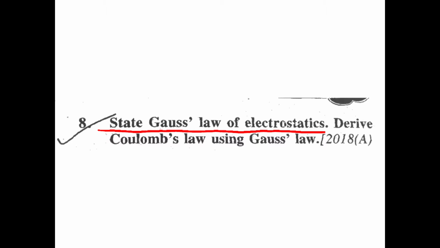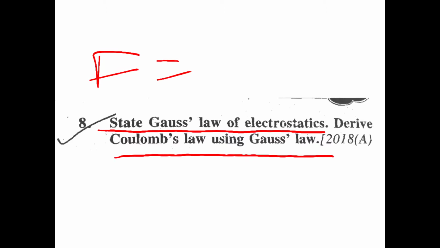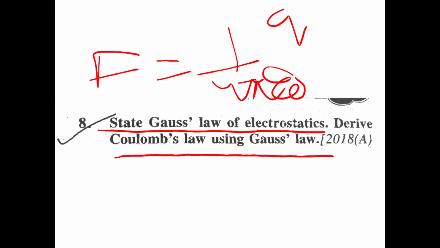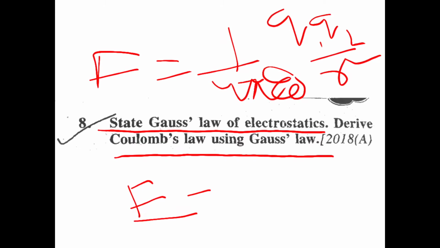Derive Coulomb's law using Gauss law. We have to derive Coulomb's law. You know Coulomb's law: F is equal to 1 by 4 pi epsilon 0 q1 q2 by r square, or F by q. Okay, next,